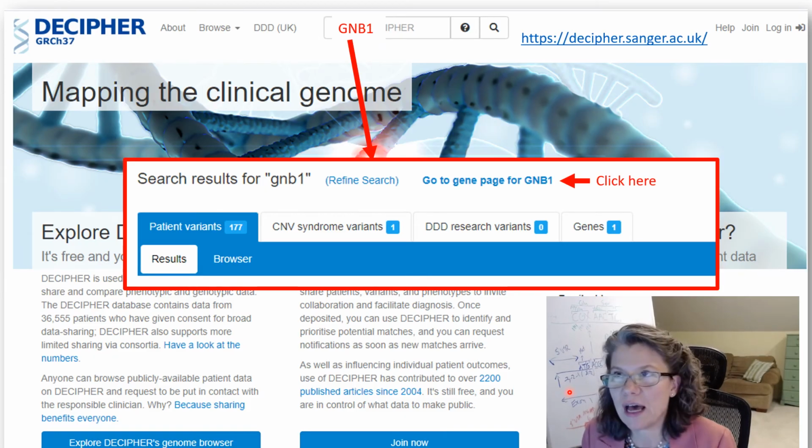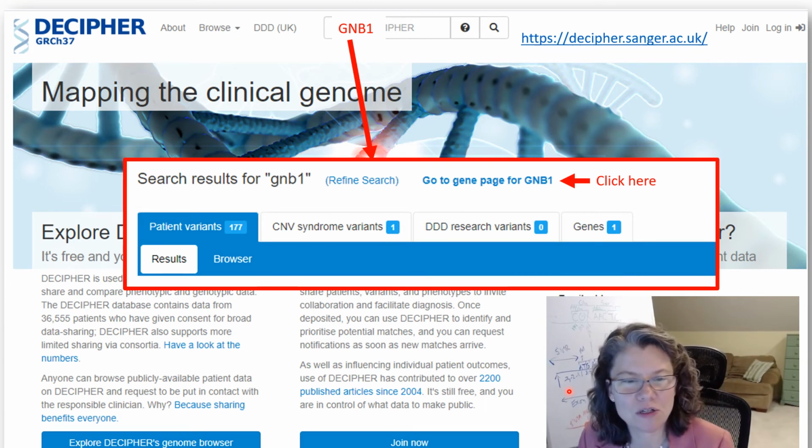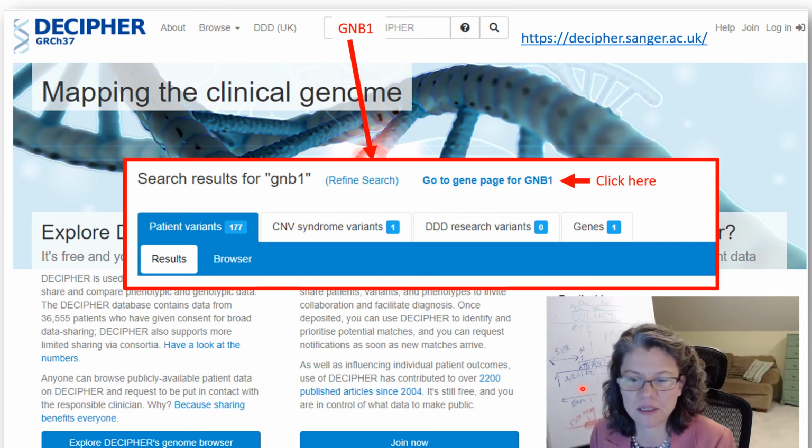And I should note that not all of the OMIM submissions are in GenCC yet, so it's useful to go both to GenCC and OMIM if you're looking up a gene and you don't find it in GenCC. Now, one resource that I do like to go to, particularly to get better case level data and phenotypes, is